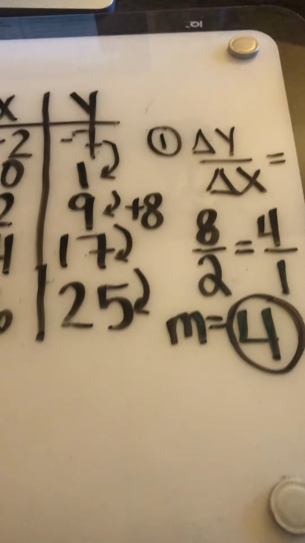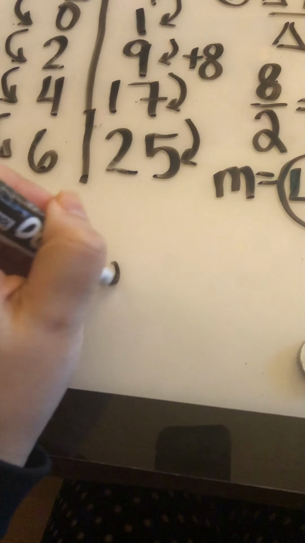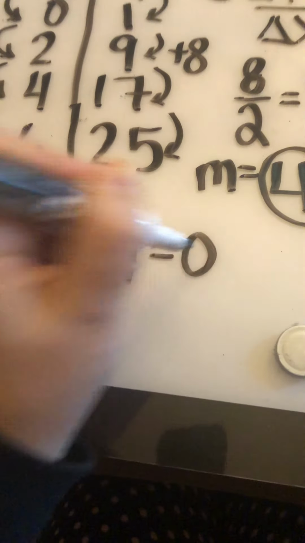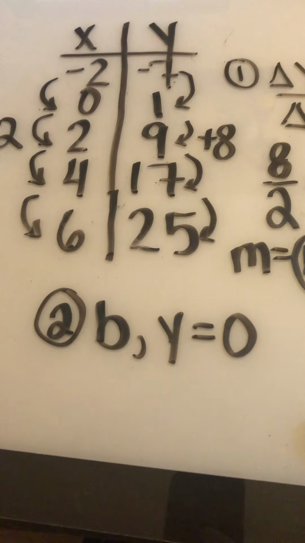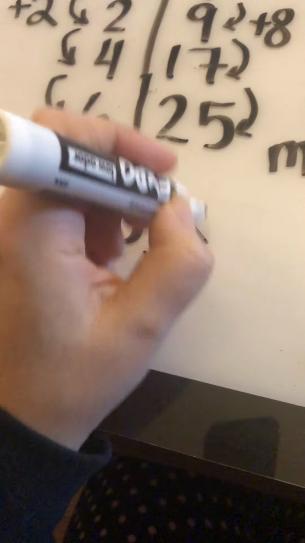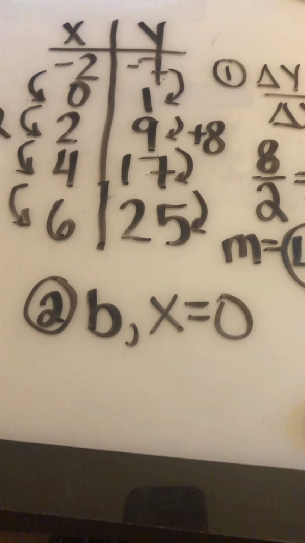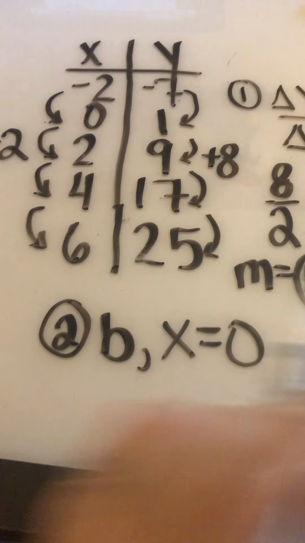Then step 2, we have to find our b. B is always the y value when x equals 0. I'm sorry about that. Okay, so if we're lucky enough and our table includes x equal to 0, then